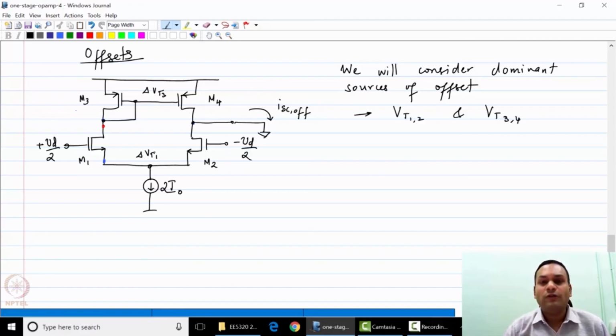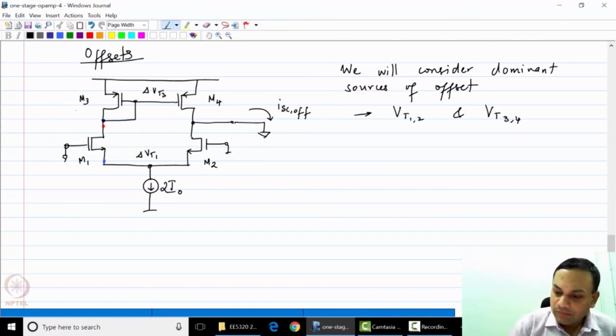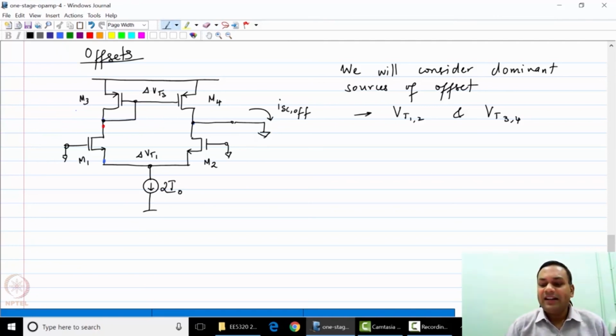M2 will have a threshold voltage of Vt1 plus delta Vt1. So if you do this, you can clearly show that if you connect the inputs to ground, you will see that if the threshold voltages are not equal, there will be an offset current flowing through the